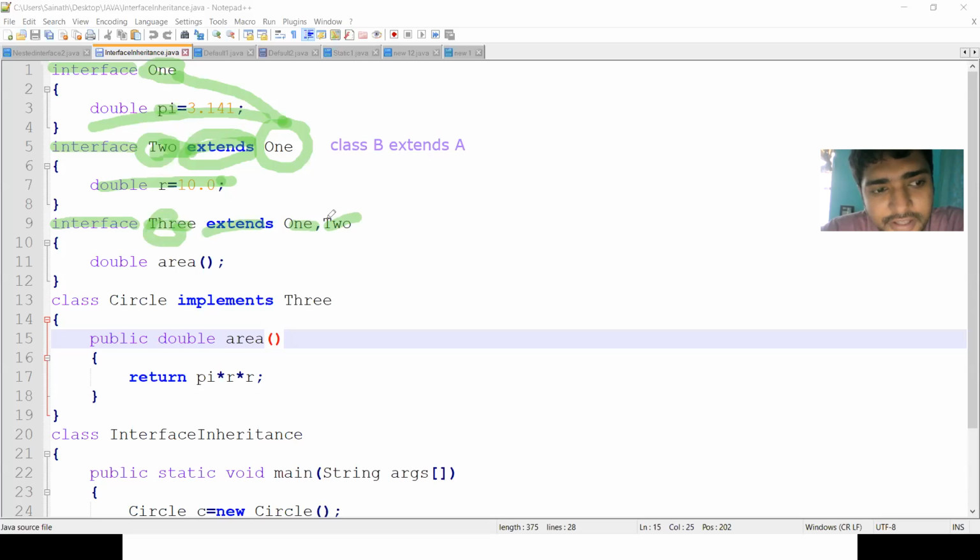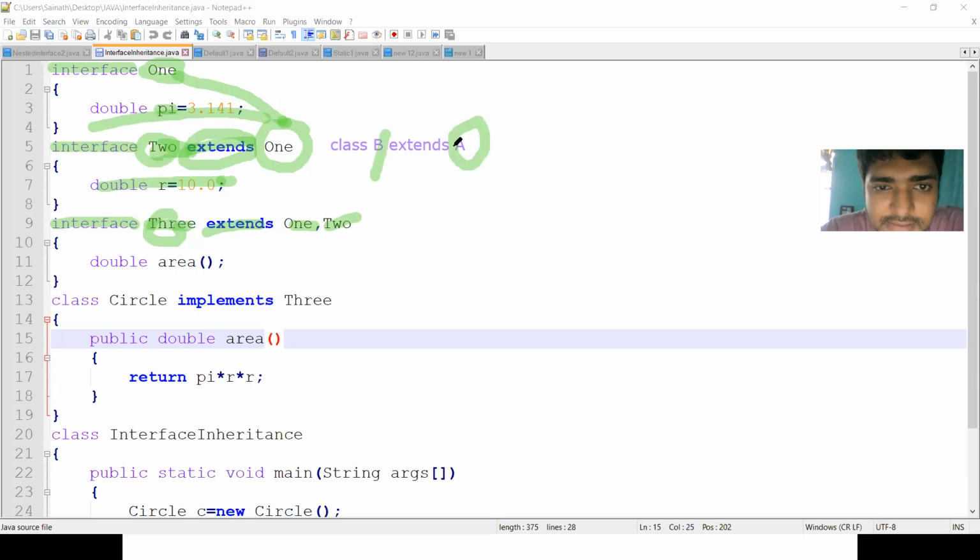Whereas in classes we don't have multiple inheritance, multiple superclasses, in interfaces we can use multiple interfaces here. In general, we implement classes with a single superclass. We don't have A comma C comma D, multiple superclasses here.